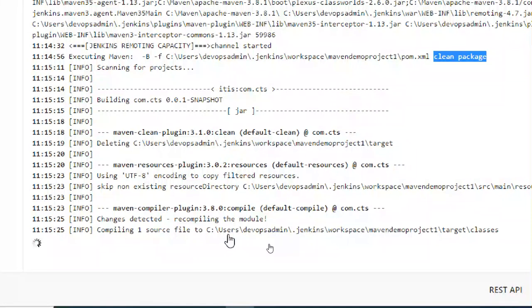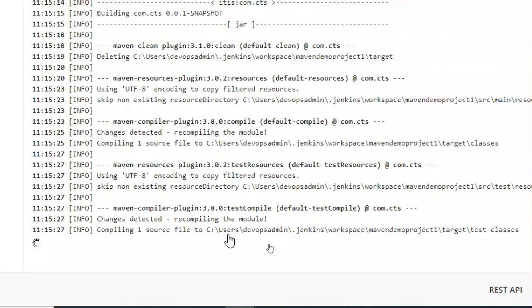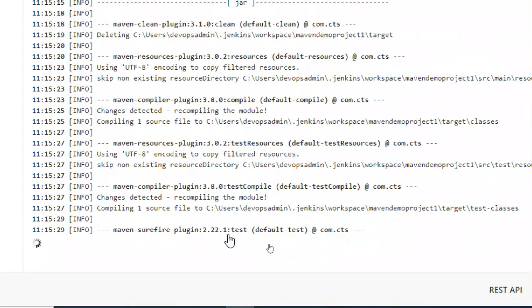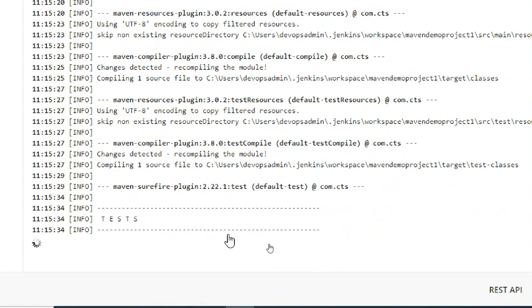This is a build step. That is up to there. I gave a pre-build and I gave a build step. I didn't give any post build. This is the only build step. Test.